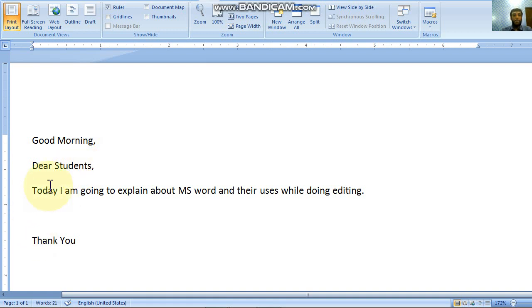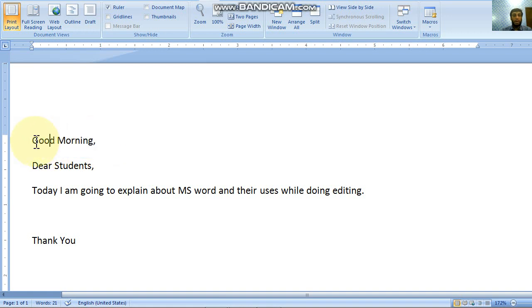Now editing has more parts, like if you are making text bold or italic, making more space, or changing the look of your document, it is also called editing. So suppose I am selecting this text and I want to make it bold. How can I do that? By selection.